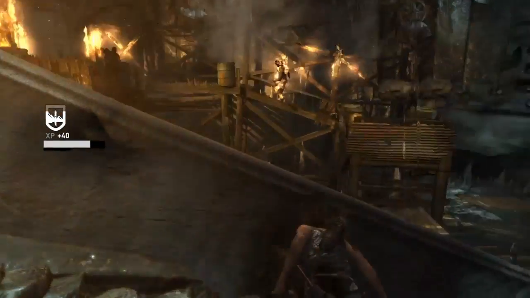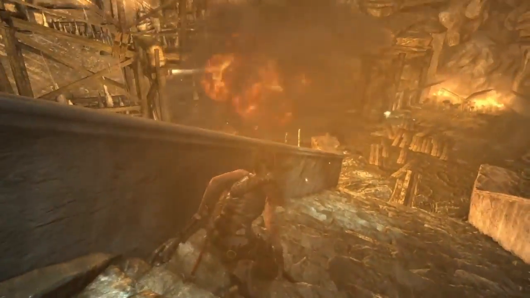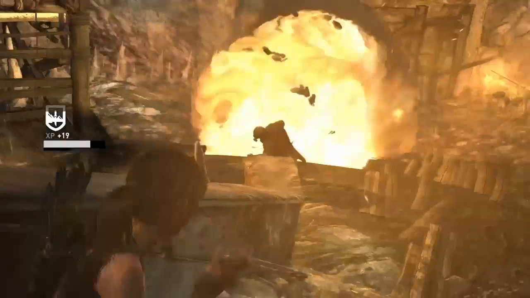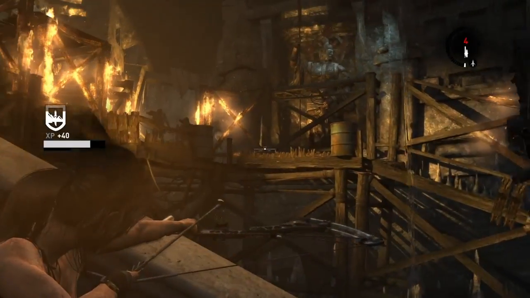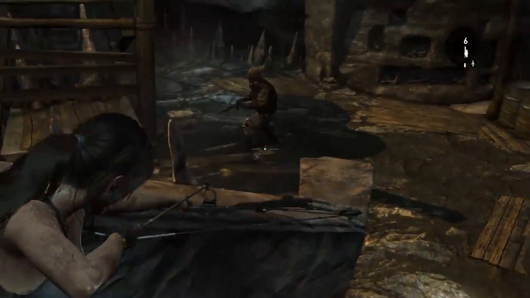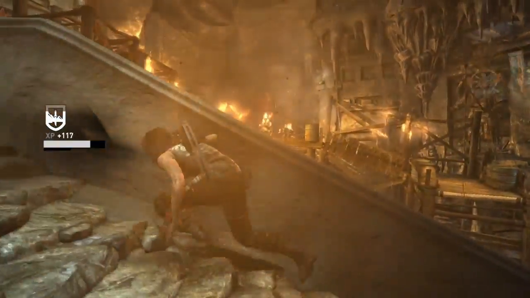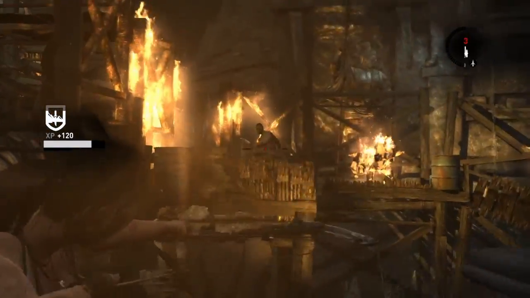There we go. I've already switched to one, blown that guy up, and from here it's mostly just a matter of aiming in the general direction of these guys and shooting them with it. I'll get a double kill on those two, and I cut out a part where I die because it's not very interesting. It was just due to my own folly, but you can see me continue to use explosive arrows,